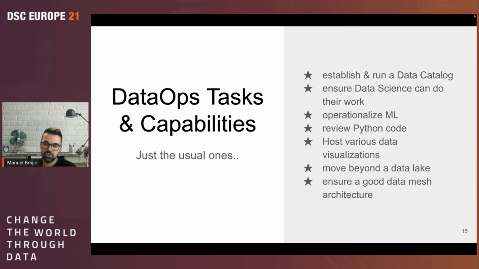You have to operationalize ML, of course, and do some reviews on the Python code. That's a nice one. The expectation, if companies hire data scientists, most of the time is that they can deliver production-ready outputs, hopefully on a daily basis.